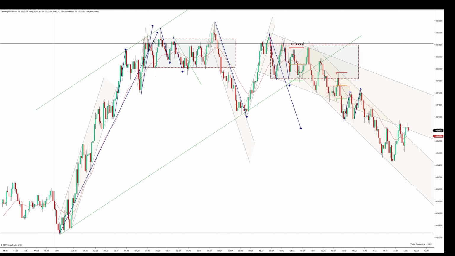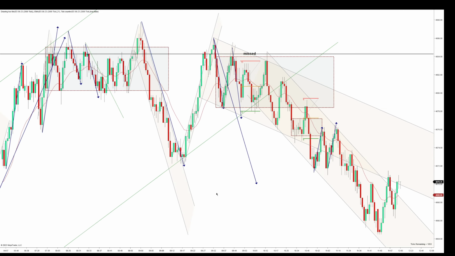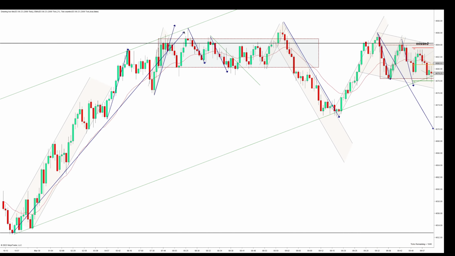But then here we start forming our overnight highs, and 8 o'clock is around this area right here, which is when I started looking at the chart. When I started, we just had the uptrend break, the couple legs up, and then we started going sideways, forming these highs. And then the first tempting area was right here because we had this two-legged move down. It's a measured move off the overnight high,